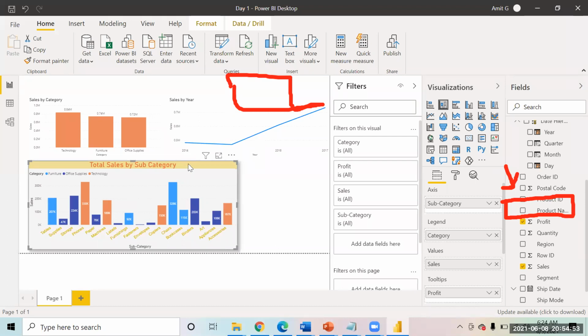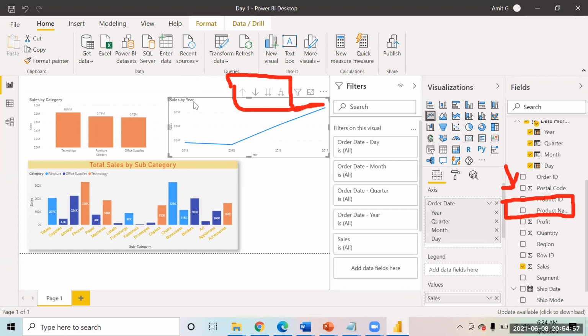So now, over here, if you come up, you have one more option that you all will see. That is this button: click to turn on drill down. What is this? First, you have to click on this to turn this feature on. Okay. So what will happen over here is,